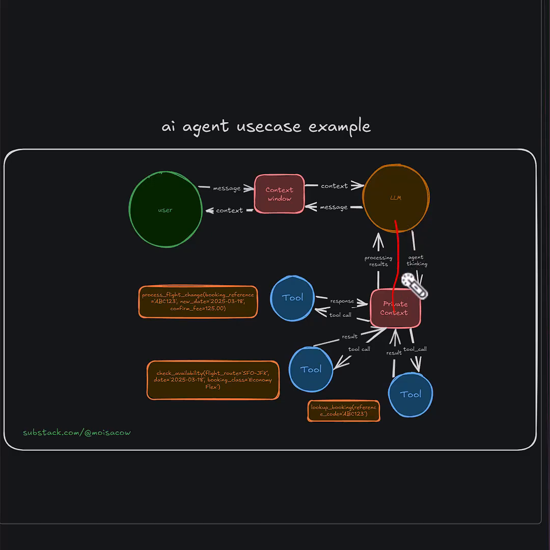It will get back to the LLM. Look at this beautiful thing. The LLM will see, okay, perfect. The first task we needed to do is to find out who this person is. Do we have this person? The first tool has told us, yes, we have him, and this is his data. Perfect. Now, the second task would be, do we have availability? Do we have any flights for the date that this person wants to go? Then it will call another tool that will show it this data. This tool will say, yes, we have it, for example, for this price. The LLM will receive the message again in its own context window.